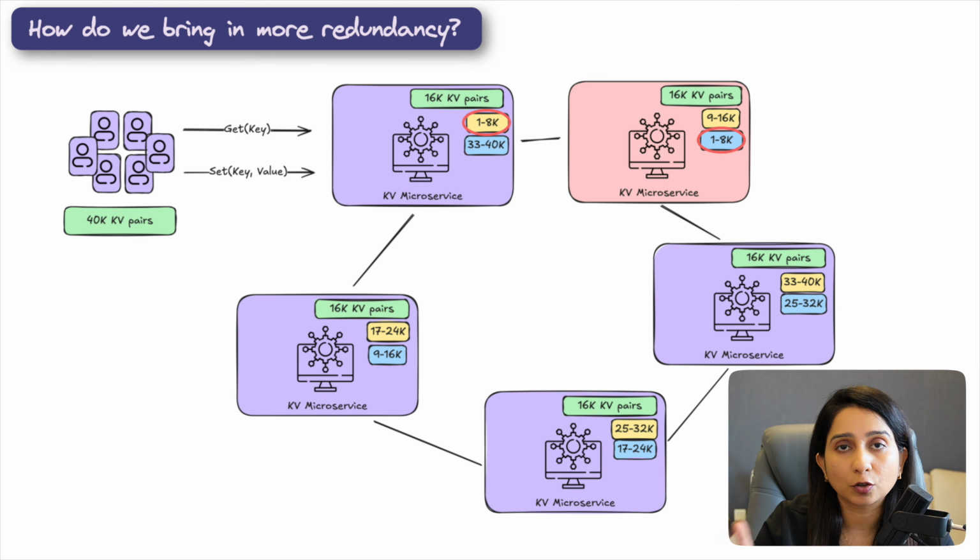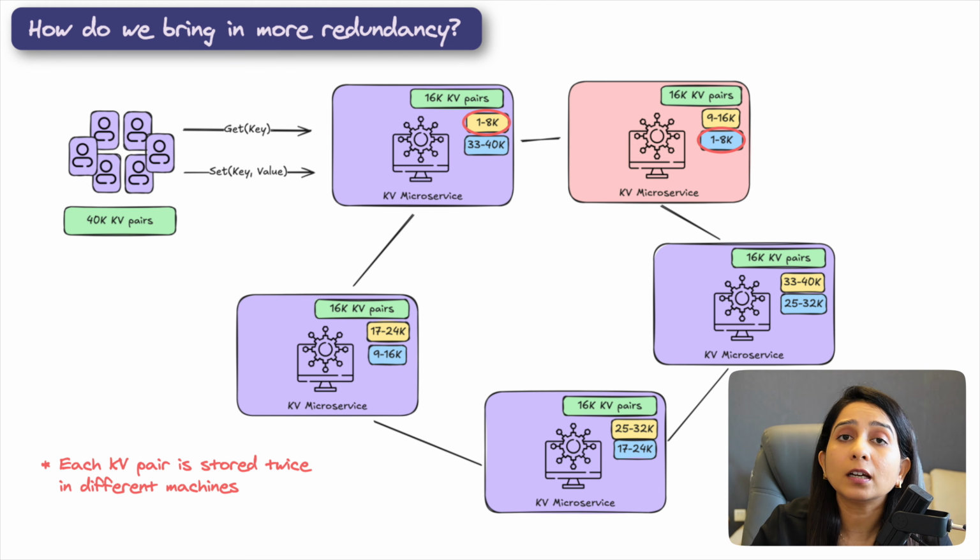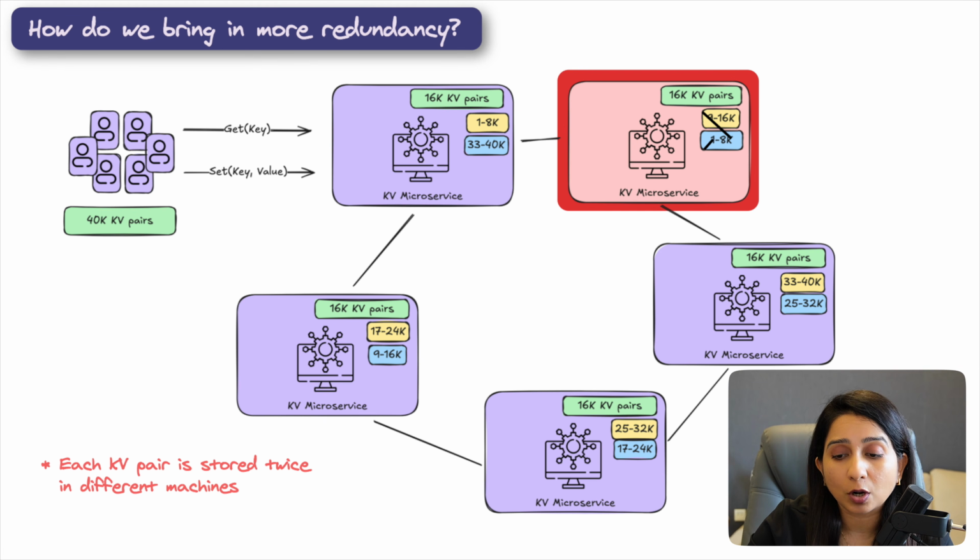And this happens, as you can see from the visualization, that every machine still has 16,000 key value pairs, but at the same time there are 2 copies of every key value pair. So in total you store 80,000 key value pairs, and all of them are replicated twice. So what happens in this case is, let's say machine 2 goes down, still the key value pairs which are stored in machine 2 have their copies available in another 2 machines, and hence in case of that machine going down, you still are able to serve your users.